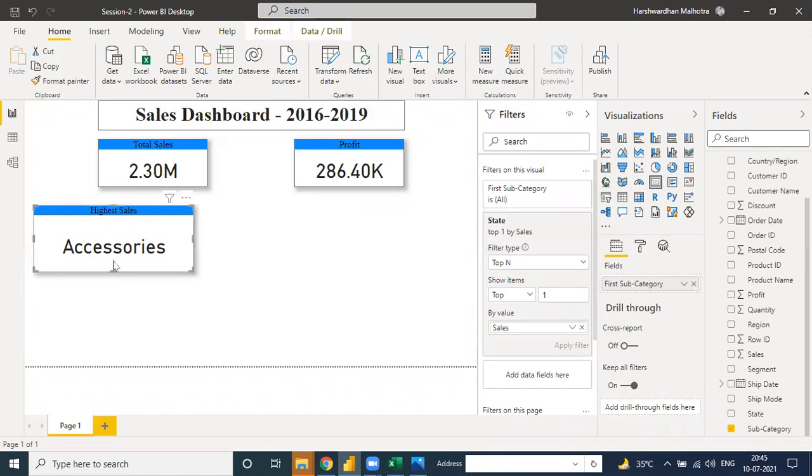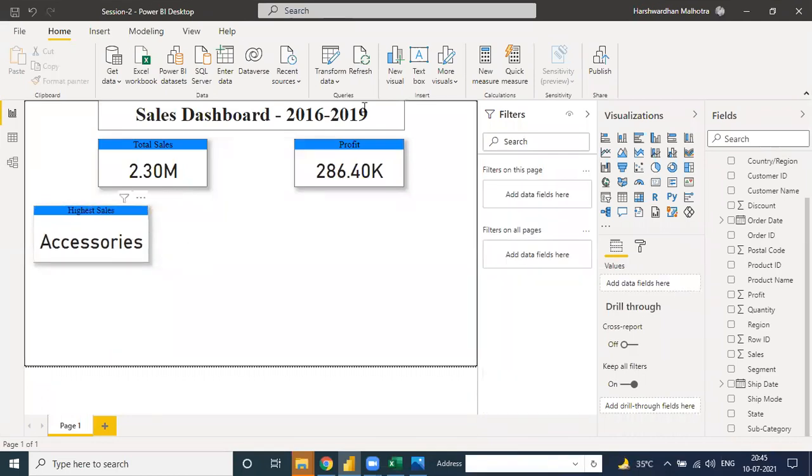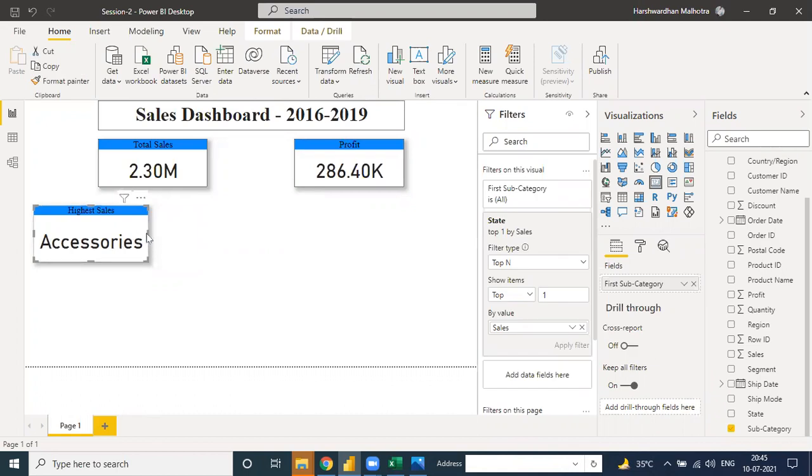Now we need the highest profit category, on the basis of profit. What is the most profitable category? How do we make the highest profitable category? Can anyone tell me?